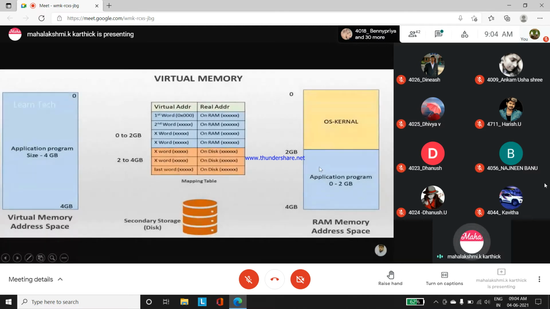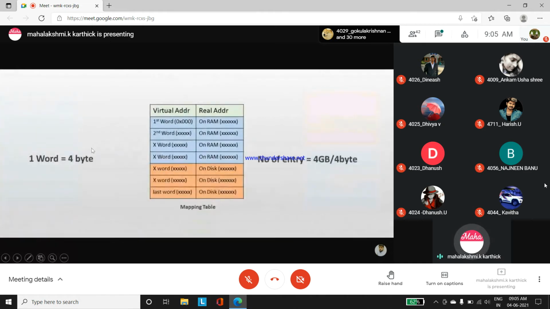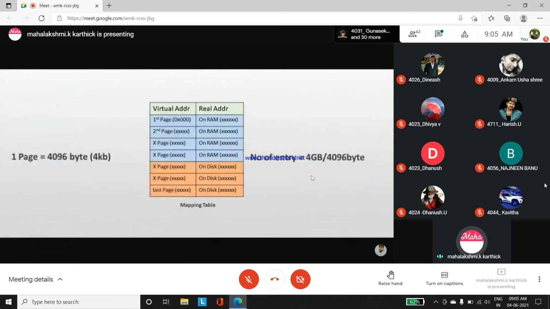For that, you can close some old application and bring this running application to the RAM. We have understood this process, no need to get confused. Instead of giving more space for the virtual memory in word representation, where one word equals 4 bytes, in terms of data it is 4 GB. So instead of allotting more space for this virtual memory concept, we can reduce that word into the page concept.